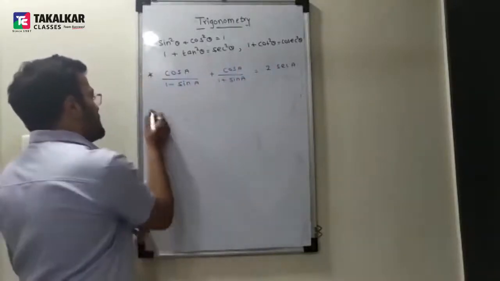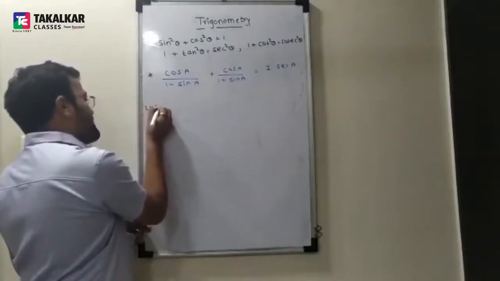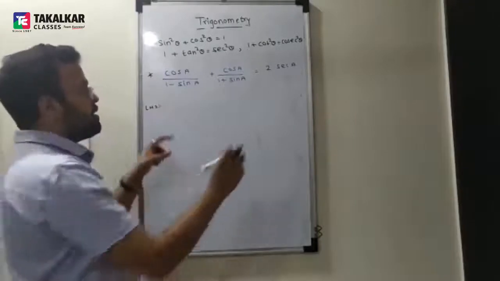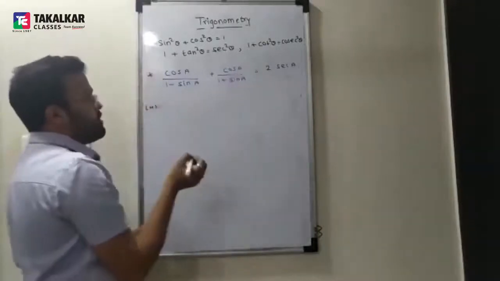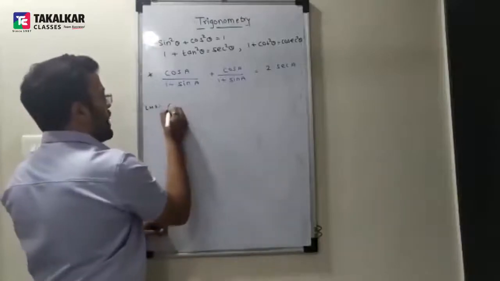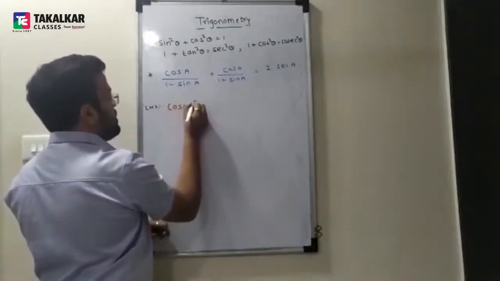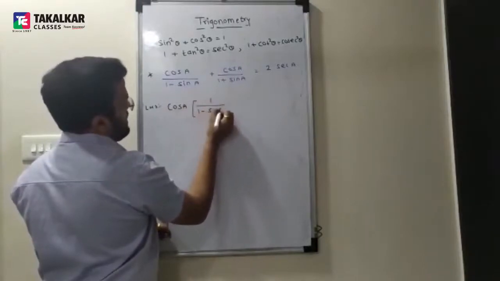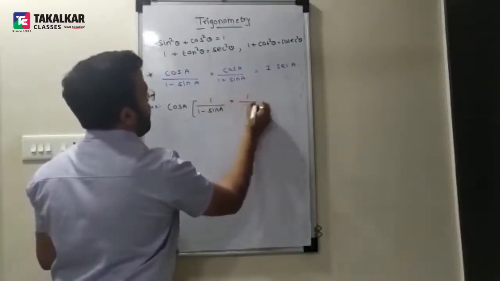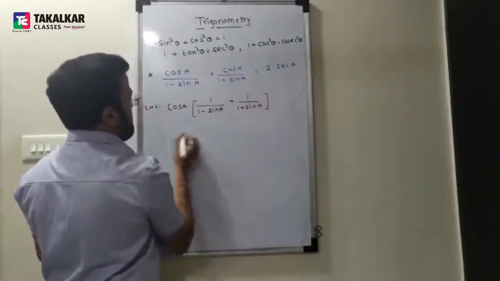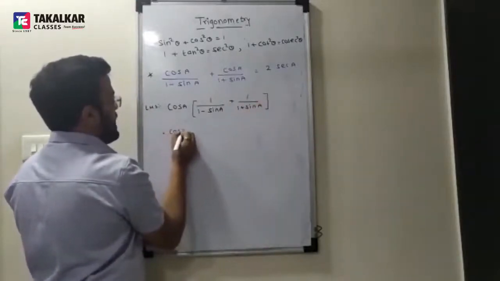Now from this, from my LHS and from my numerator, can I take cos A common? दोनों लोगों का numerator same है. So this name of this type is numerator is same. So I have taken cos A common. So what do you mean inside bracket? 1 upon 1 minus sin A plus 1 upon 1 plus sin A. Now this cos A as it is.